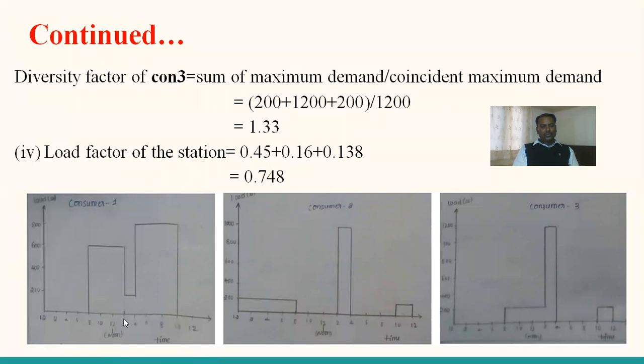That is the reason we are not mentioning anything here. And from 8 to 2 over a period of 6 hours, he utilizes 600 watts. You can observe in the table. Similarly, 2 to 4 over a period of 2 hours utilizes 200 watts. And 4 to 10 over a span of 6 hours utilizes 800 watts. So this is a very simple process. You can apply as per the time slot how much load is utilized by the consumer. So this is the daily load curve. Like this, you can apply for the rest of the 2 consumers also.